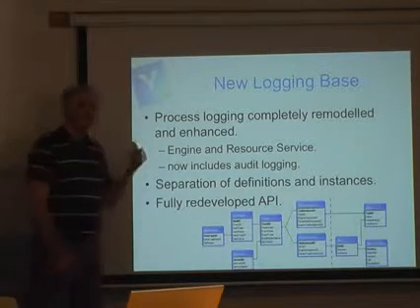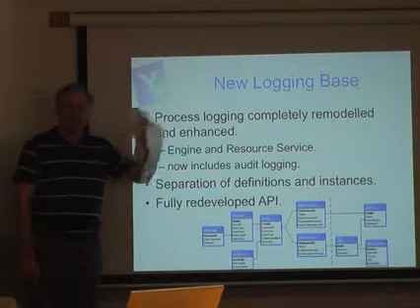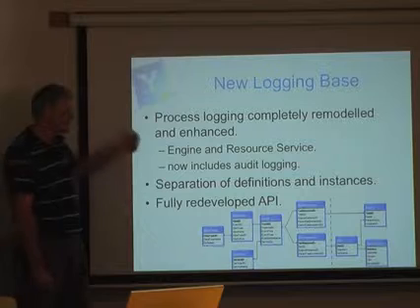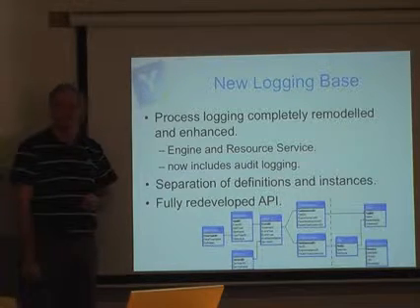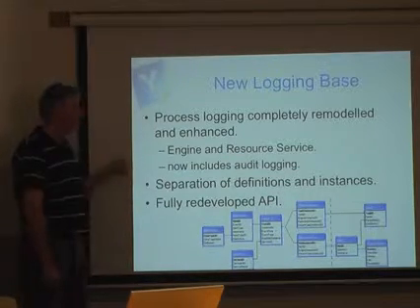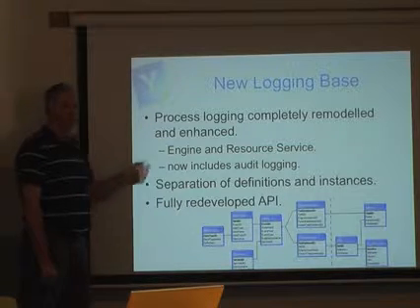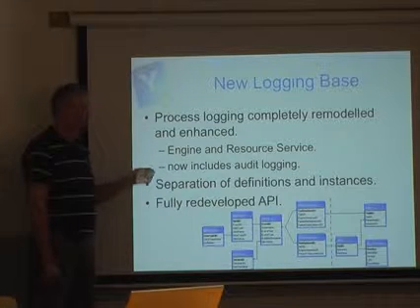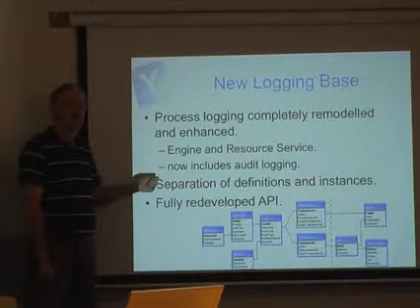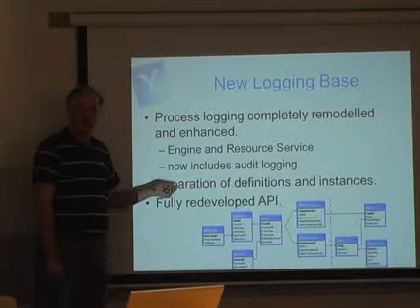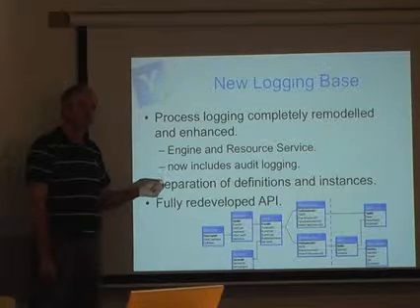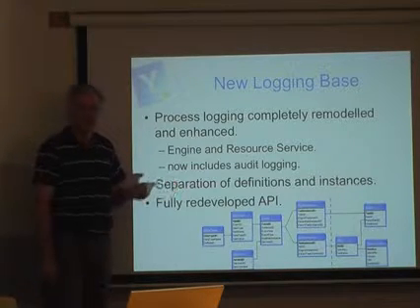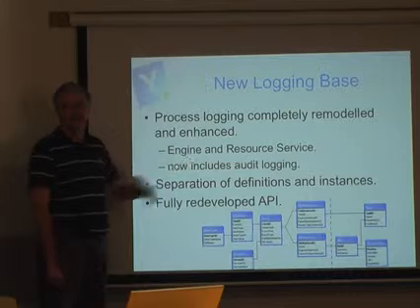The process logging framework has been completely ripped out from 2.0 and replaced with a new one, completely new. Both the engine and the resource service have been changed to this new logging base. They both now include audit logging, so every time a user logs on or logs off, every time a service connects to an engine or disconnects from an engine, every time a user session times out, every time Tomcat's shut down, all those things are logged in the audit